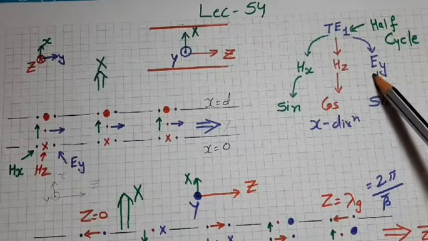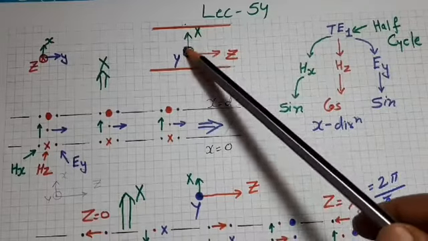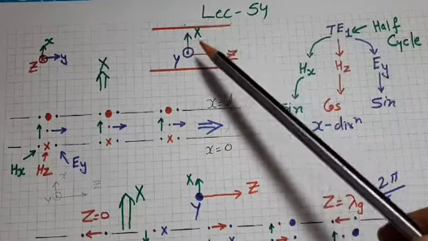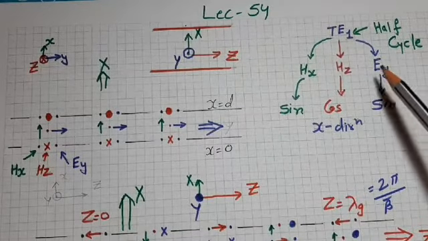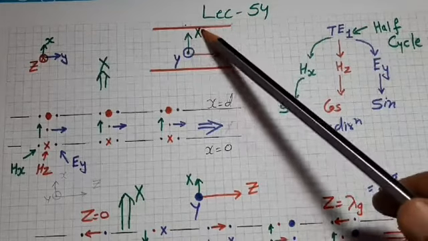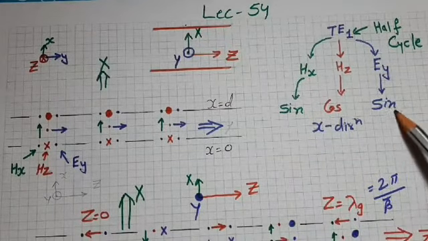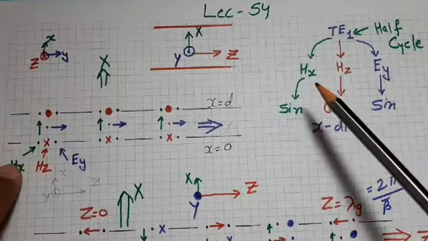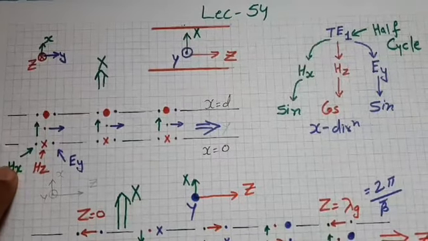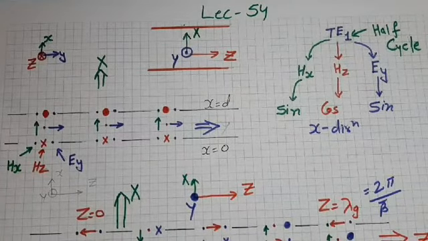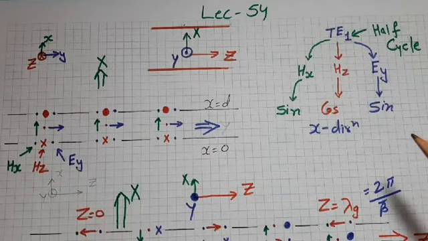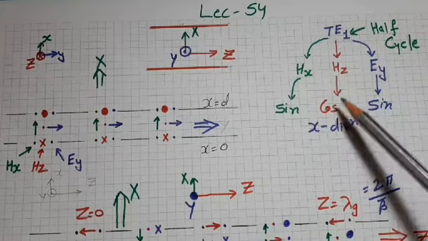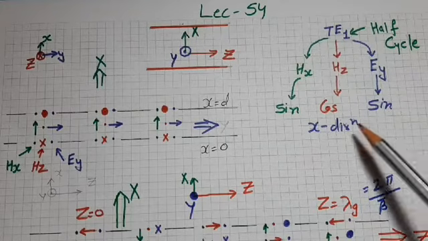Now if we talk about Ey, the Ey component is always tangential to the boundary, and because it is an electric field component which is tangential to the boundary, it also has to satisfy the boundary condition and become 0 on the boundaries. Therefore, this will also have a sine function in x direction. Remember, the normal component of magnetic field and the tangential component of electric field have to become 0 on the conducting boundaries. In short, in TE mode, Hx, Hz, Ey will exist; Hx will have sine, Hz will have cos, and Ey will have sine function in x direction.